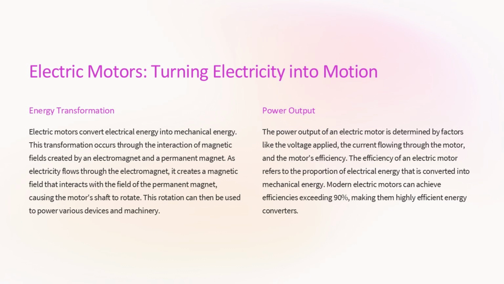The power output of an electric motor depends on factors like the voltage applied, the current flowing through the motor, and the motor's efficiency. Modern electric motors can achieve very high efficiencies, often exceeding 90%, making them highly efficient energy converters. The mechanical energy produced by the rotating shaft can then be used to power various applications, from household appliances